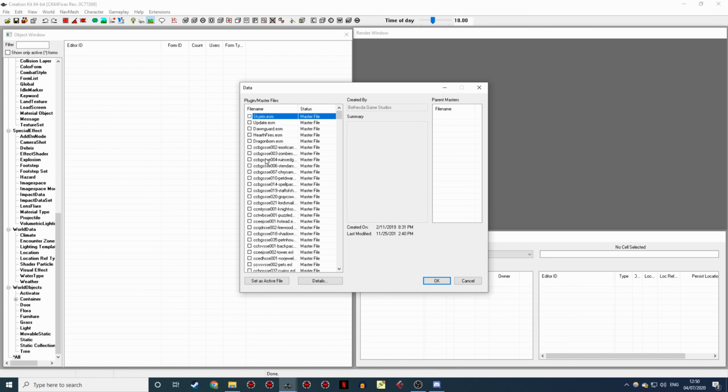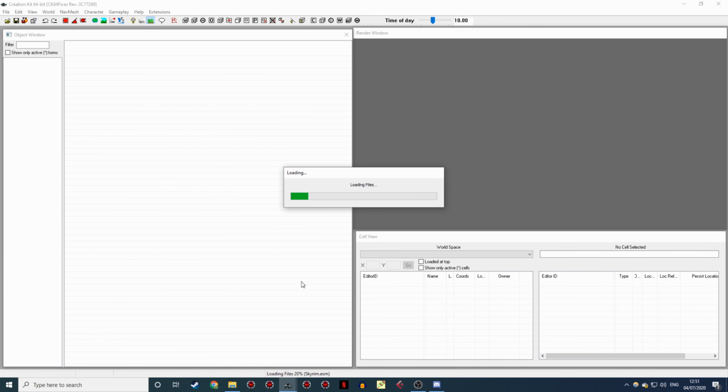official DLCs. So I'm going to check each of those in order to activate them, which will mean our mod has dependencies on Skyrim, Dawnguard, Hearthfire, and Dragonborn, which all Skyrim Special Edition players will have, and I'm going to do this to allow our follower to comment on the stuff in Dawnguard and Hearthfire and Dragonborn without needing any extra patches. So I'm just going to activate all of those. It'll let us have more than one because of that multiple masters fix that we talked about in the part 0. So when we've got all of those checked, you can just go ahead and hit OK, and it'll start